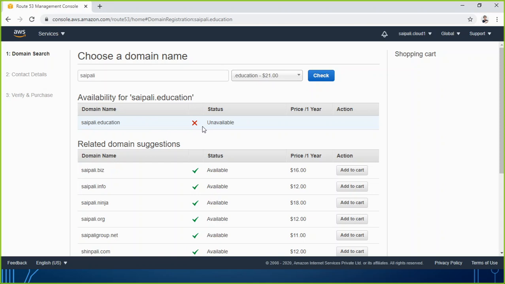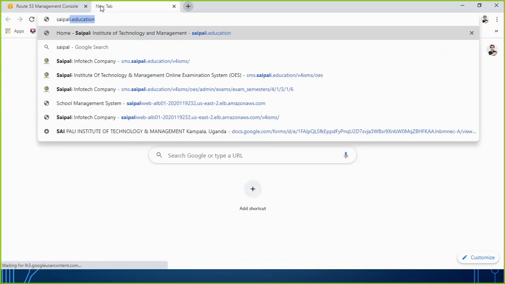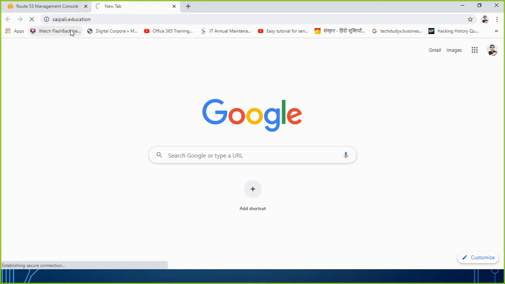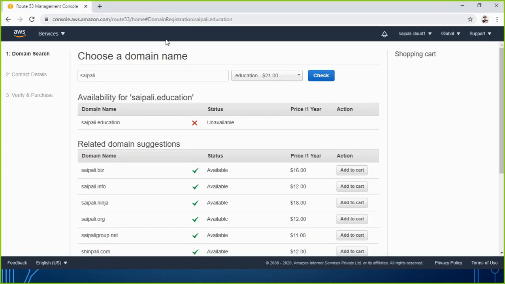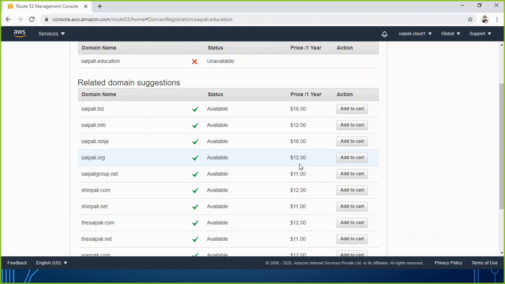Right now it tells me it is unavailable because saipali.education is already registered. Somebody has already registered this name, so I will not be able to use it. It gives me other options: saipali.biz is available at $16, saipali.info at $12, saipali.ninja at $18, and saipali.org at $12.